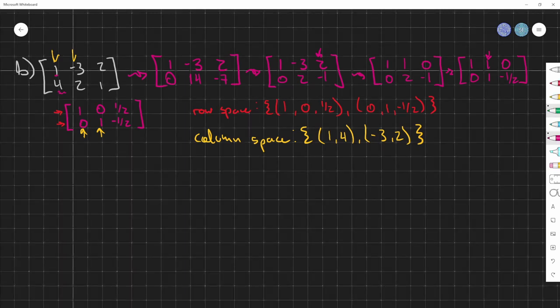And then our rank is, well, count the number of non-zero rows: 1, 2. And then our nullity is